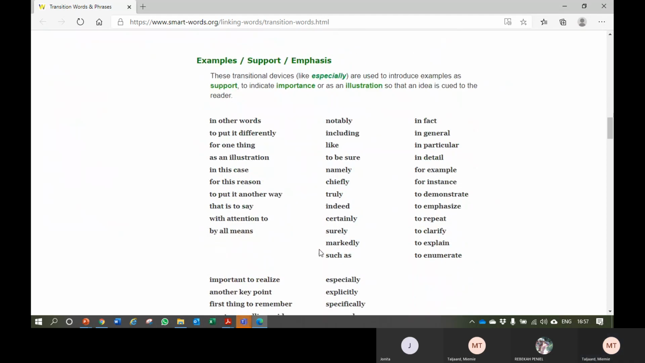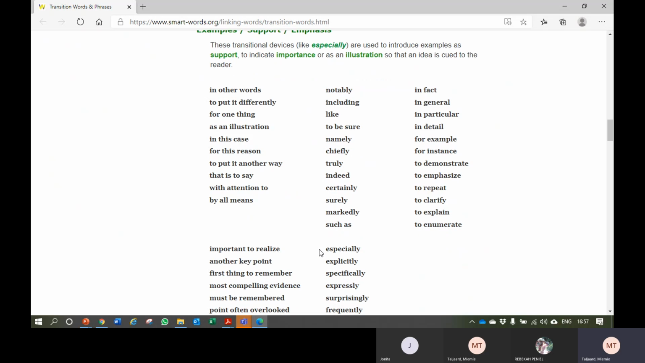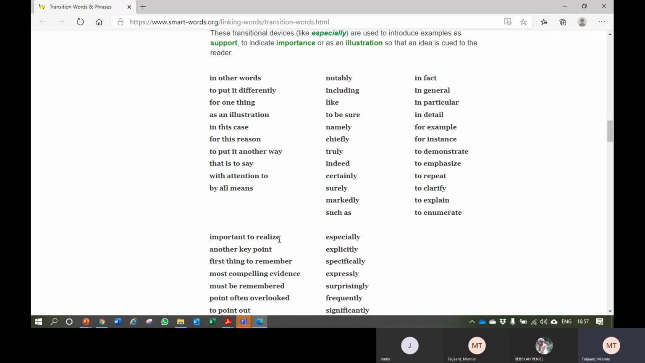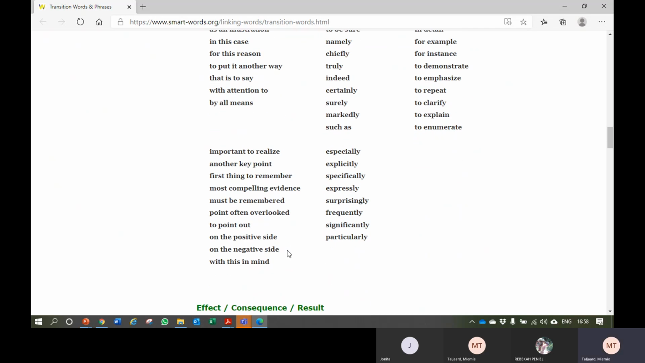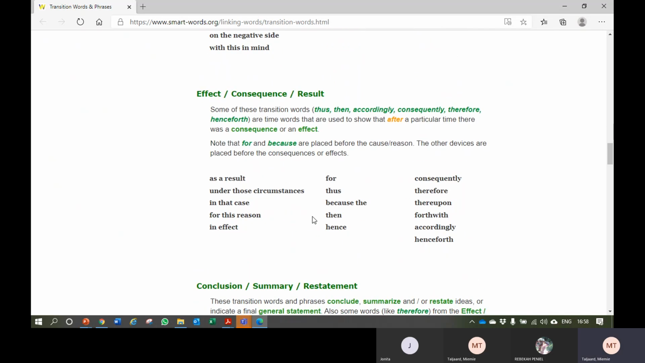Examples where you want to support, it is important to realize that the most compelling evidence of a point often overlooked is, and here it will go back to where you have to explain, because thereupon, for this reason,